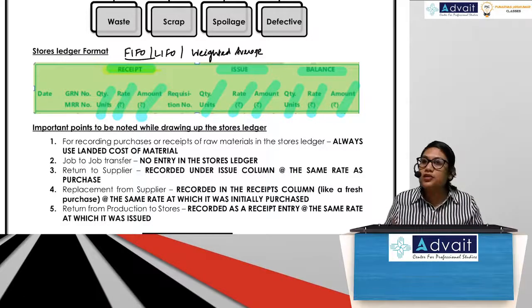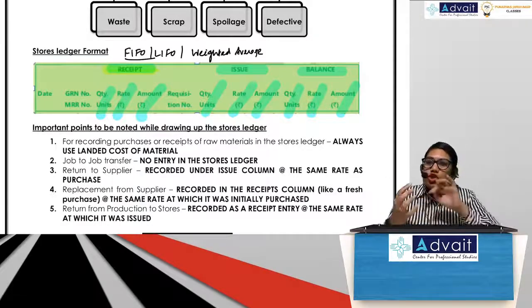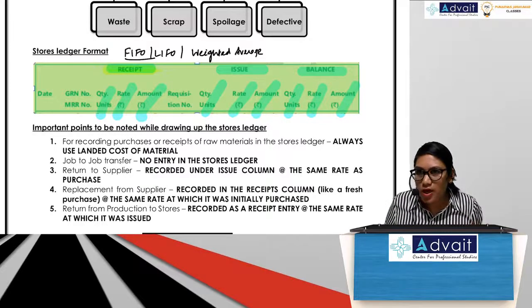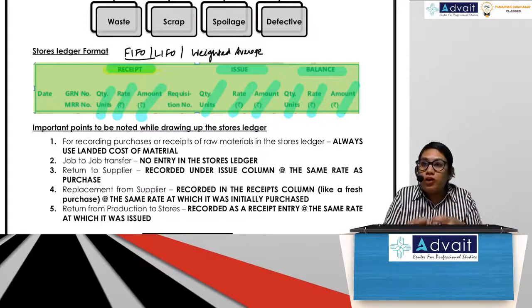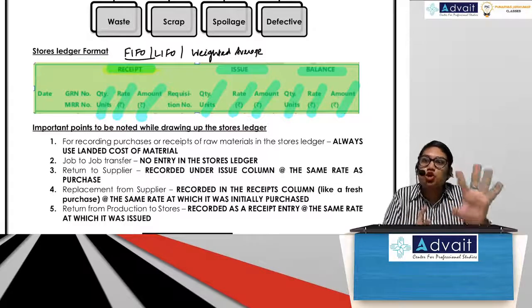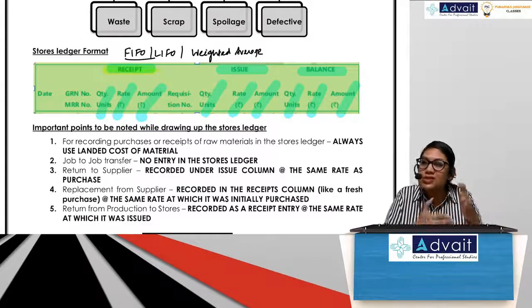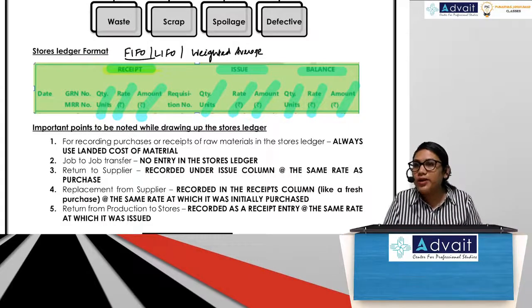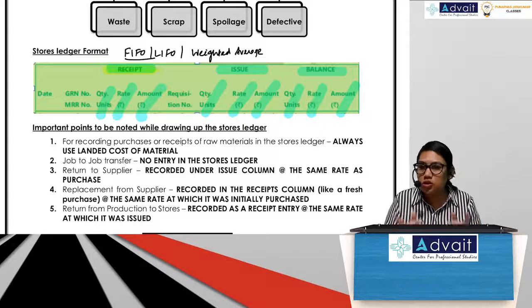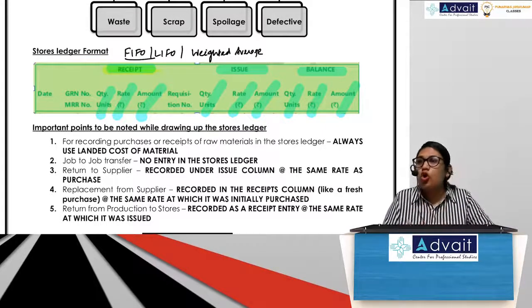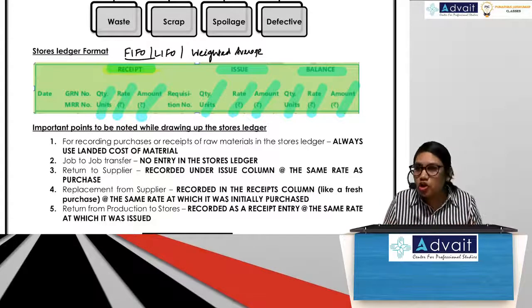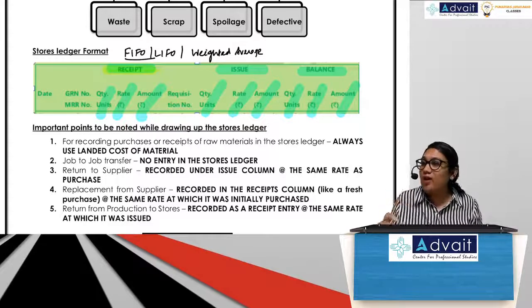Okay, so FIFO, as the name suggests, first in, first out. So the rule here is whatever has come in first should be issued first. Okay, under LIFO, what is the rule? Whatever has come in last should be issued first. LIFO stands for last in, first out. And weighted average believes that there is no point in having different rates for different lots of materials. To make it easier, let's have one single rate. So all your value of material and quantity is averaged to get something called as the weighted average rate, at which all your issues will be priced.